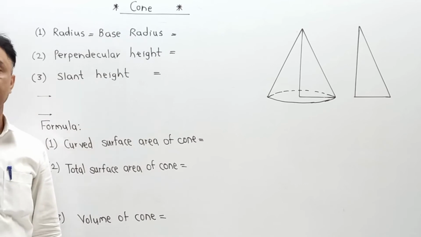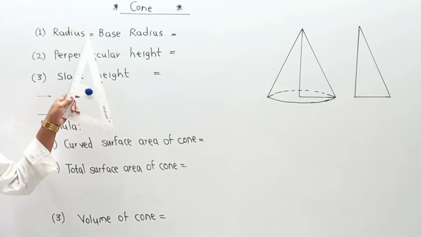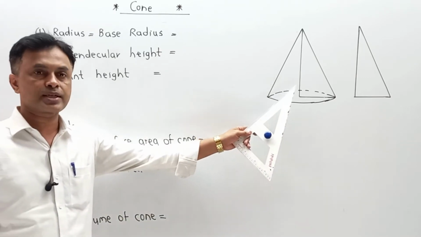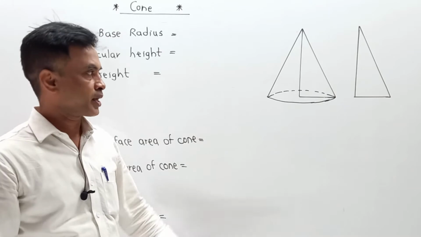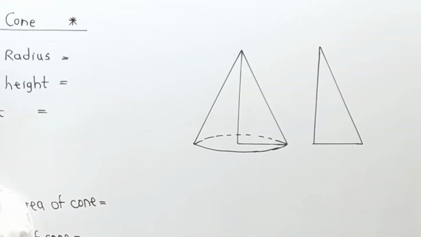Now we are quite familiar with the diagrammatic structure of a cone. If you are enjoying ice cream, definitely you can have a part in the case of a cone structure. Try to understand first the basic structure of a cone. First we are trying to understand the diagram of a cone, and after that we are going to write some definitions and the parts in terms of surface area and volume.